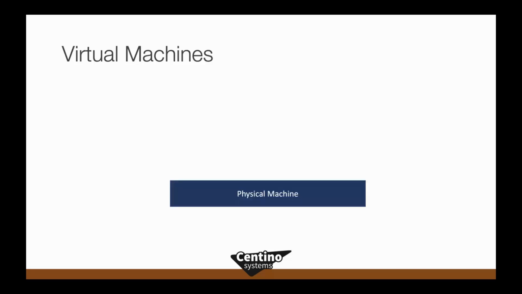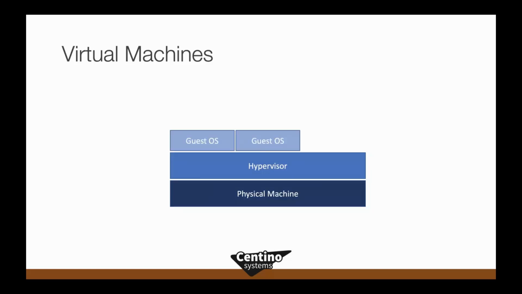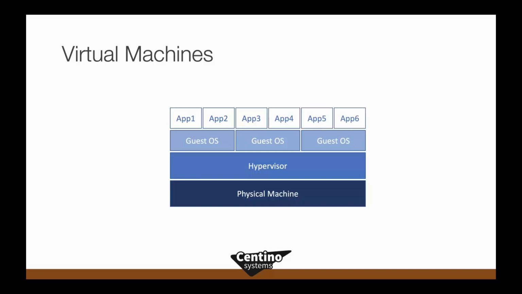With VMs, well, we had a server, and on top of that server, we put a hypervisor. And it was the job of the hypervisor to multiplex access to the underlying hardware for us. And we still had to go and install a bunch of guest operating systems on top of the hypervisor to get access to, well, those virtual resources. And so each individual OS thought that it had full access to the underlying hardware. On top of that, we still had to go and install all of our individual applications. And we wound up with something like this.